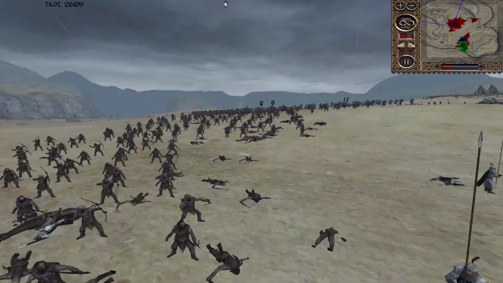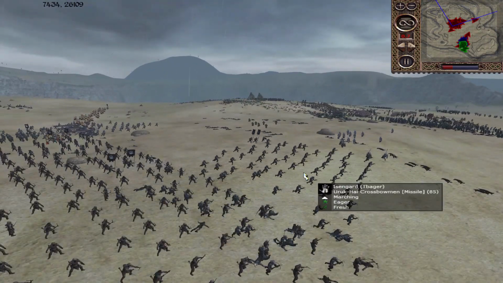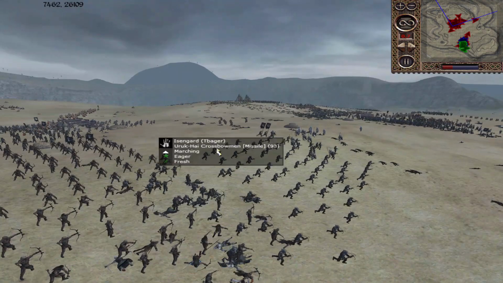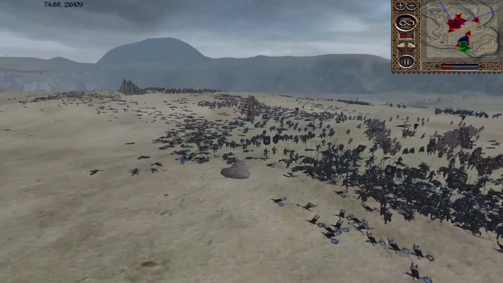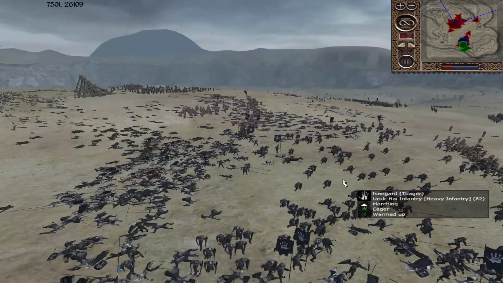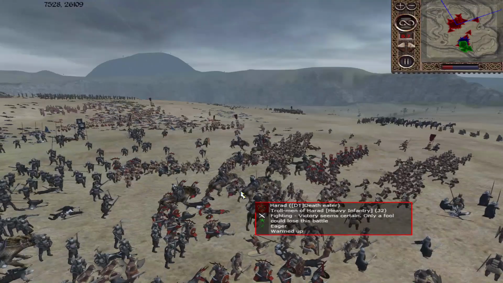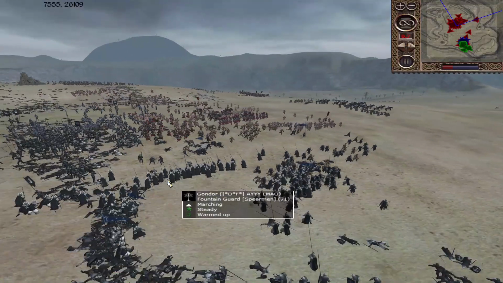Uruk-hai archers here though, just pecking away into the unshielded pikes. And the Uruk-hai crossbows, though there's 2 units of them. They can definitely mince some pikemen if they get some good shots off. Teabagger is continuing around, and with the champions of the White Hand there, I just don't see anything capable of